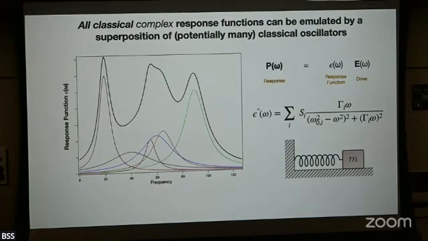So I may need quantum mechanics to tell me why a coefficient has a particular value, a width, or a frequency, or something like that. But to emulate the spectrum itself, it's a classical response function, and I can emulate it with classical oscillators. So the question is, can we do spectroscopy where we can use some aspects of the quantum mechanical nature of light to find things which are intrinsically quantum mechanical correlations? And so my most honest answer